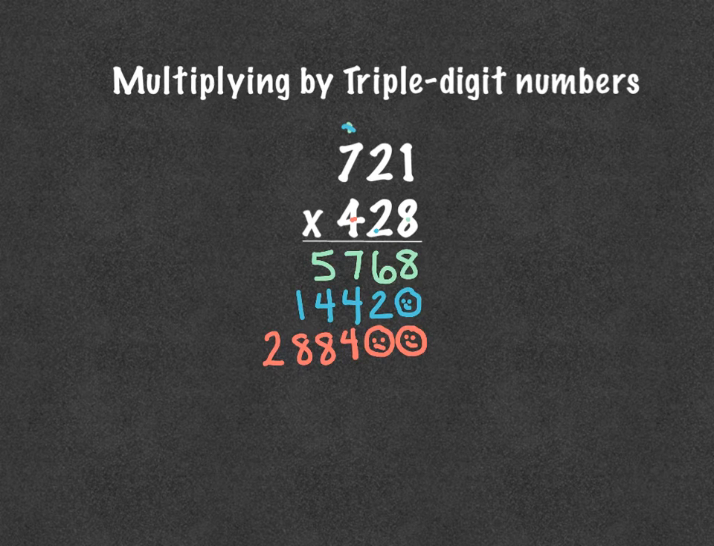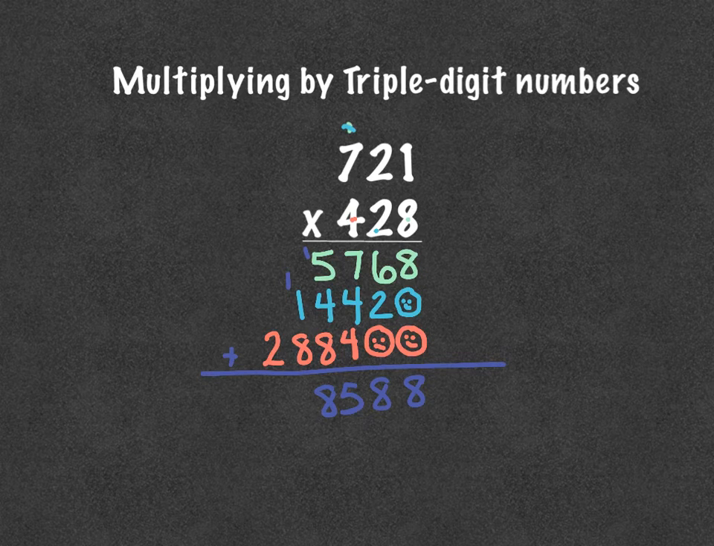And now multiplication makes us mad. So we're going to add these up. 8 plus 0 is 8. 6 plus 2 is 8. 7 plus 4 is 11. 11 plus 4 is 15. Bring our 1 up here. 5 plus 4 is 9, plus 1 is 10, plus 8 is 18. Bring our 1 up here. 8 plus 1 is 10. 2 plus 1 is 3. So our answer is